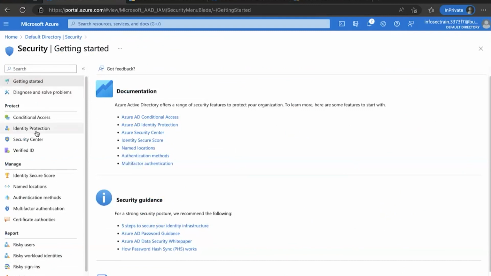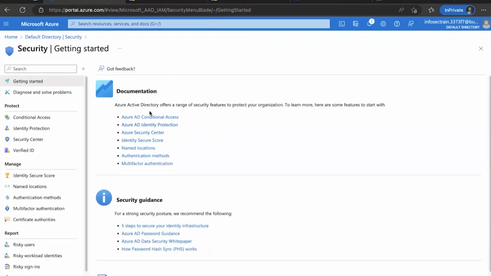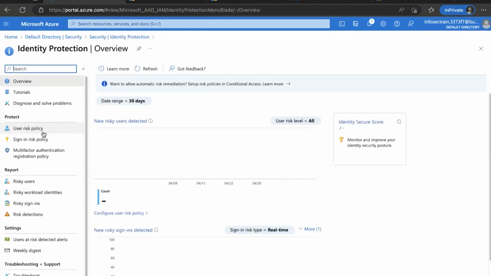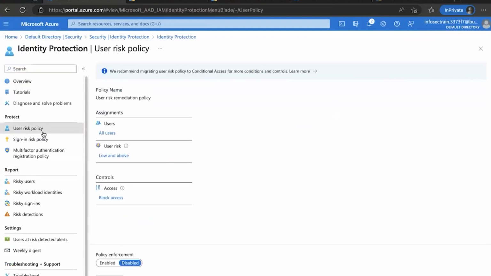Another premium P2 feature that can be used as a signal as well, or individually as a service, is Identity Protection. You can click onto the documentation page if you want to read about anything. So you can click on this thing. It will take you to the Identity Protection page over here. Now, for your user, there will be two things. It can detect your user risk and sign-in risk. And remember these two things, user risk and sign-in risk. You can't control